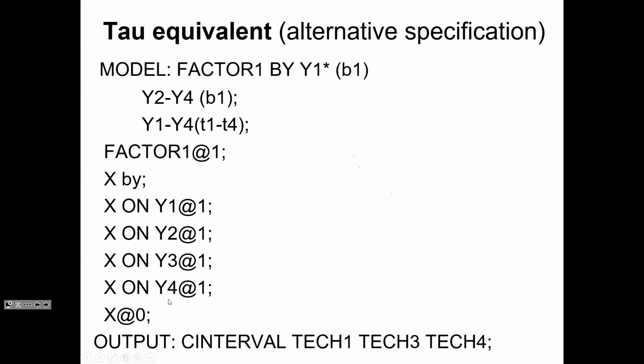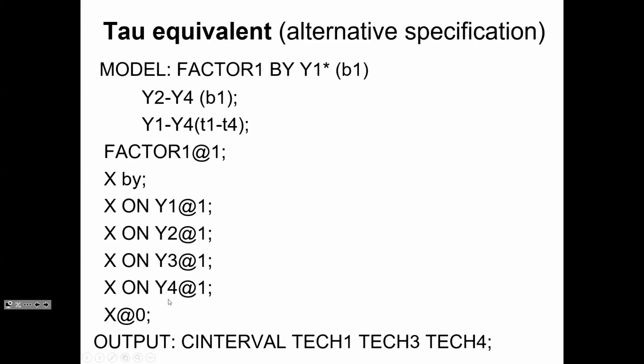So let's look at this one. Especially if you want to compute the reliability using the constraints that I was talking about. So here, what we're going to do is say factor 1 by